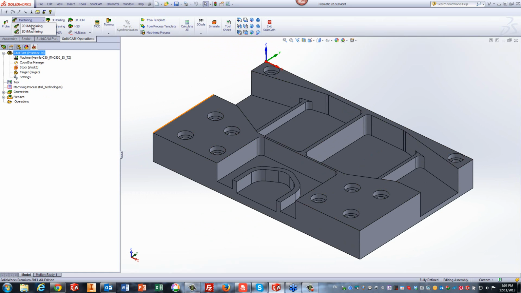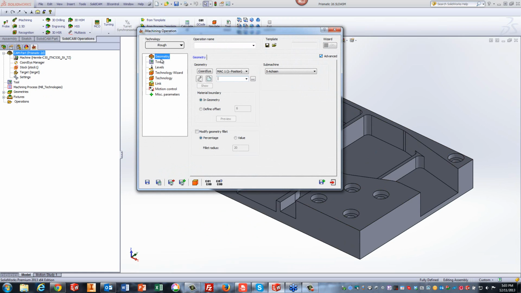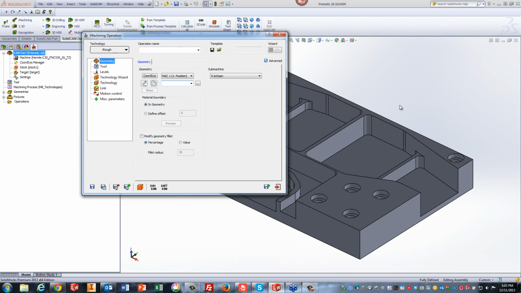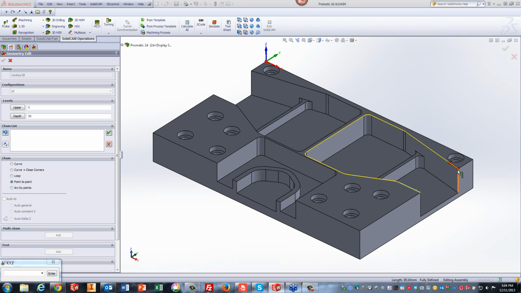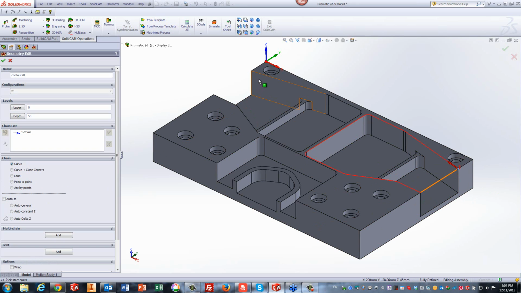And we'll go into iMachining, choose the option of 2D iMachining, and we'll start actually programming the part itself. Now, the first thing I'd like to do in this particular part, if I'm doing it with iMachining 2D, is actually do this area over here, but I'm going to go down only up until this step. So I'll create my geometry, and in this particular case, I'll create my geometry going from this curve over here, and I'll do an automatic constant Z up until this curve over there. And then I'll just close it up by doing point to point up until this point over there. I'll do the same thing on the other side, start from over here, and do auto constant Z up until this edge over here, and then close it up again by point to point